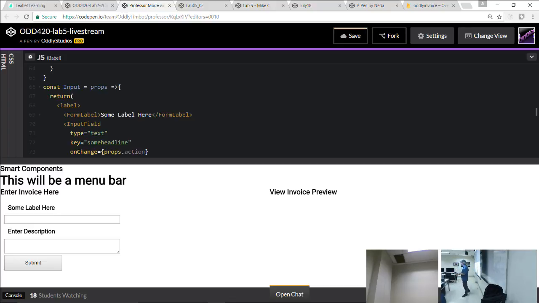So that's what we'll be working on for the next couple of classes. Tomorrow we'll be back on this as well. Eventually, we're going to create a secure login so that the client can actually log in to see their invoice. That'll be pretty cool.